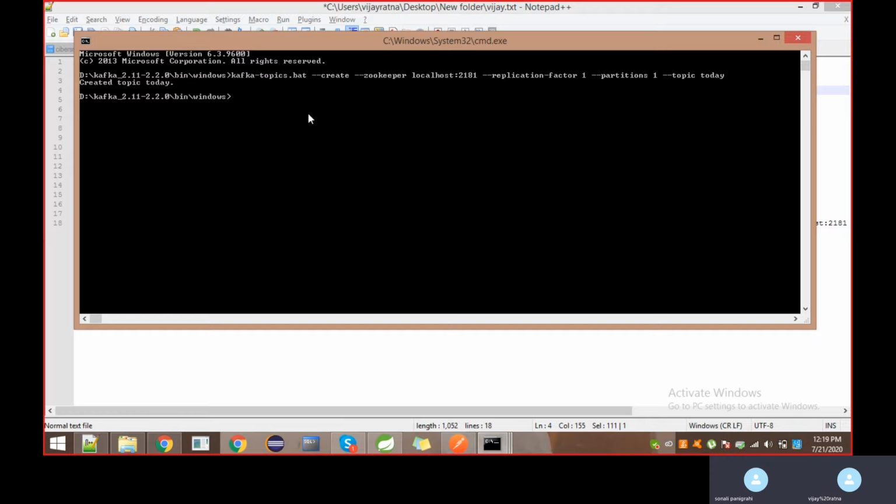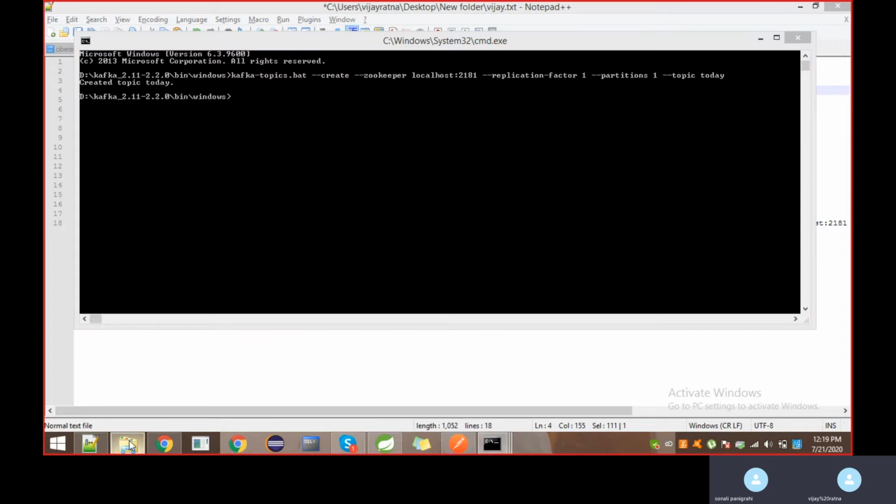Once the topic is created, I need to produce the message, or publish some data to the topic. To start the producer, again I am going to bin windows. Every time I am opening a separate window to identify the things.